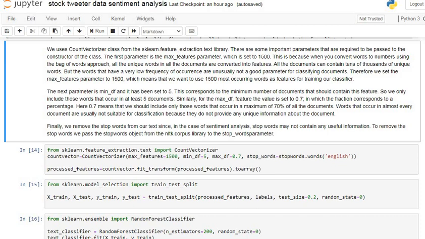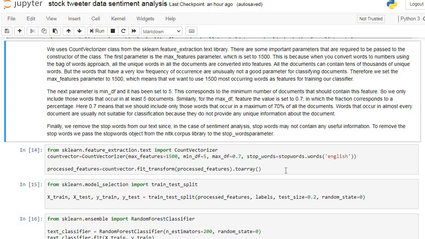Words which occur in almost every document are usually not suitable for classification because they do not provide any unique information about the documents. Words which are very common are not useful for our classification algorithm. So for that we have to give these arguments.